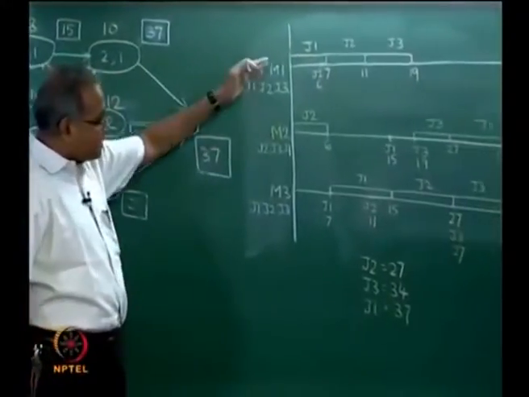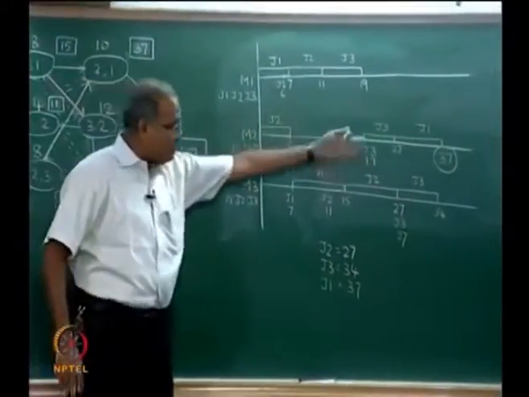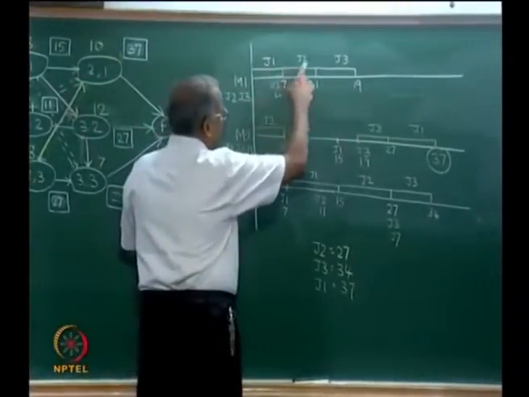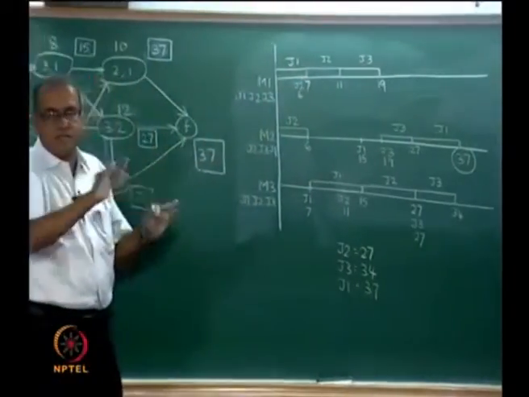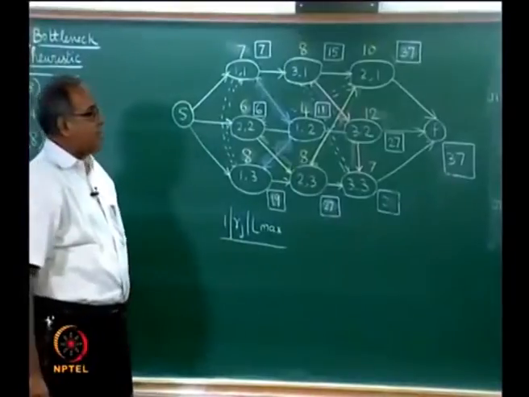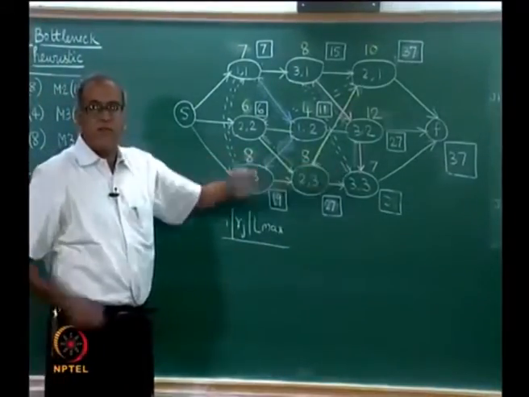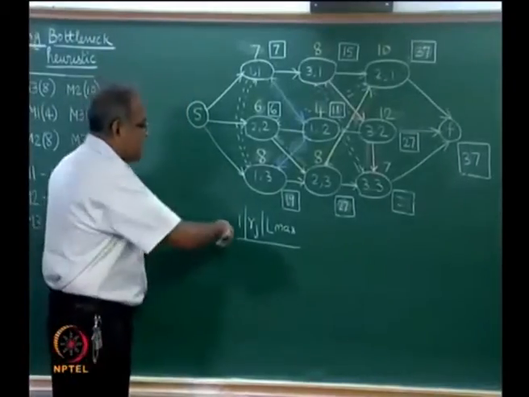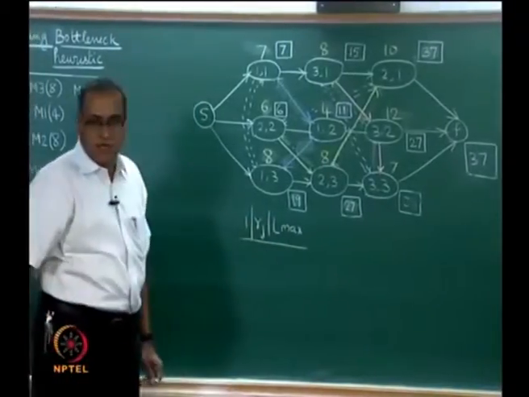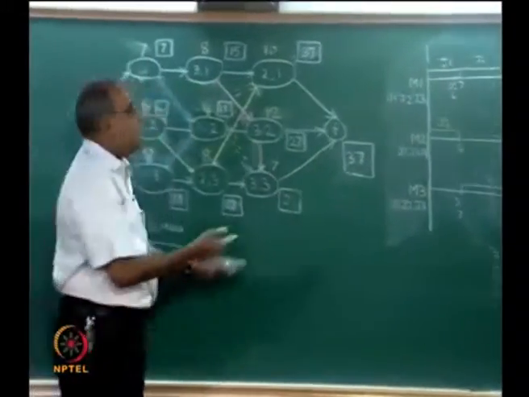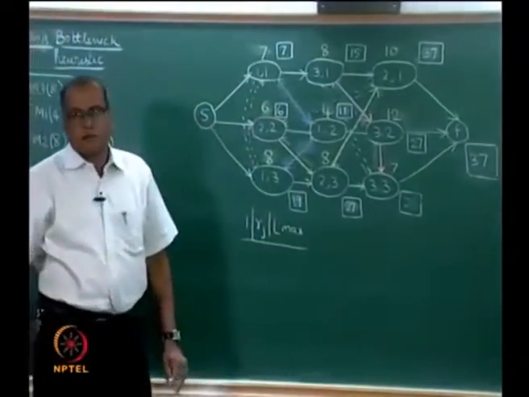Now, this Gantt chart on one hand computes the makespan, on the other hand it also tells us the order in which the jobs are going to be processed on each machine. This order can always be mapped onto the network and the longest path would give us the makespan. Alternately, the shifting bottleneck heuristic solves a 1 | rj | Lmax problem on each machine and then tries to find out this order on each machine and maps it on to the network.